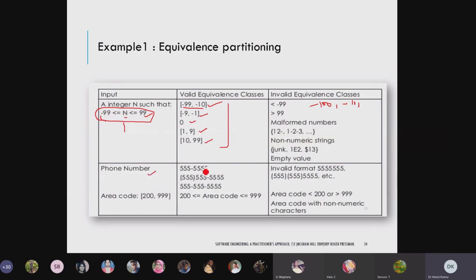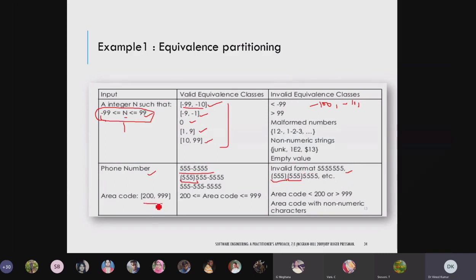Say for example, for phone you will create the valid and also the invalid. This is an invalid entry, but here you can say it is a valid entry. If you put the value in this format, it is acceptable. If you are not giving this, it is not acceptable, so this is invalid. So you will check for both invalid and valid. Sometimes it is valid and working, and sometimes we put an invalid value and that is also working. That should not happen; if invalid, the system should not work.